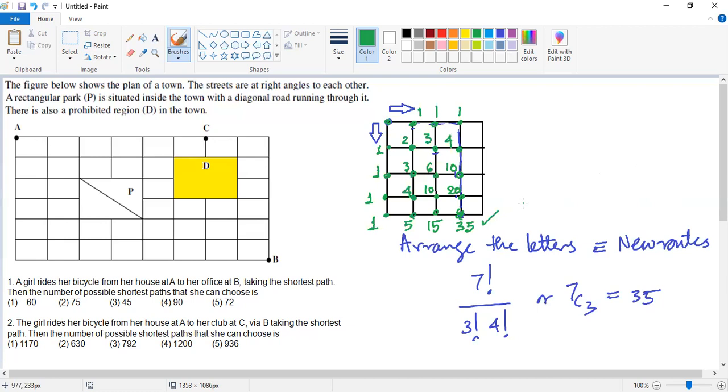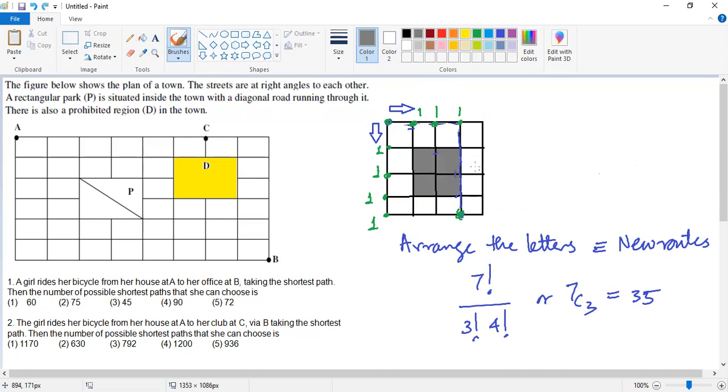All right. This method specifically is useful in cases where parts of the track, let's say, are closed or you cannot use those tracks. So let's try a variation, where I say that this portion of the track is closed. Let us say this portion is closed, so you cannot really enter inside, though you can travel along the border. Along the outside is fine, you can't enter inside this region. Now how many routes will you have?